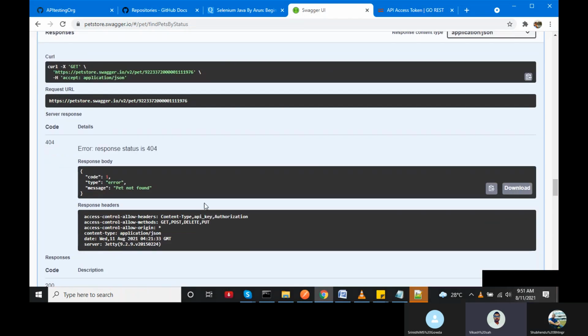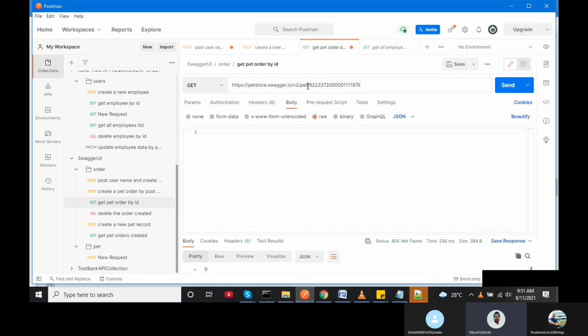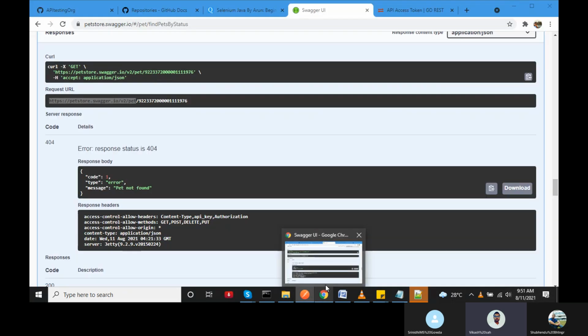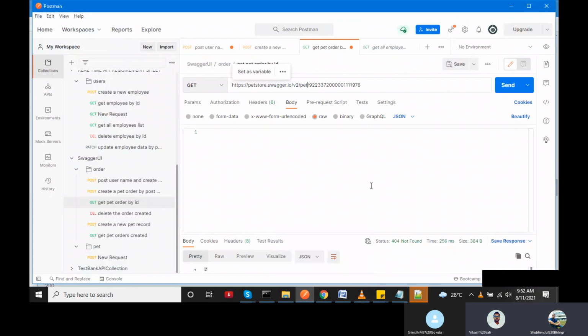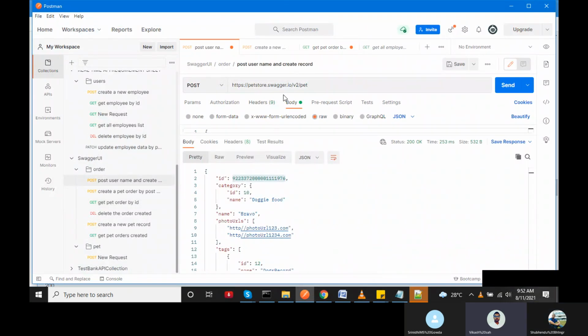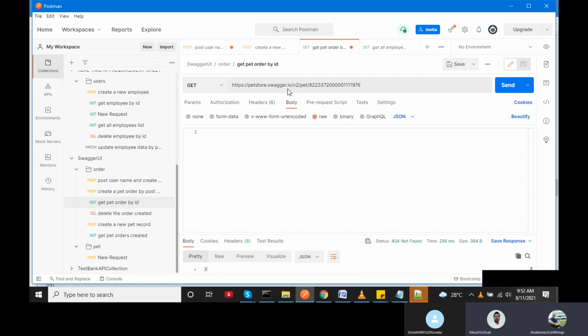Okay, fine. So copy this URL. Copy this base URL, Swagger dot, and paste it here. And could you please show me the post URL? What post base URL you are using? Swagger IO v2 is the same. Swagger IO v2 slash pet.